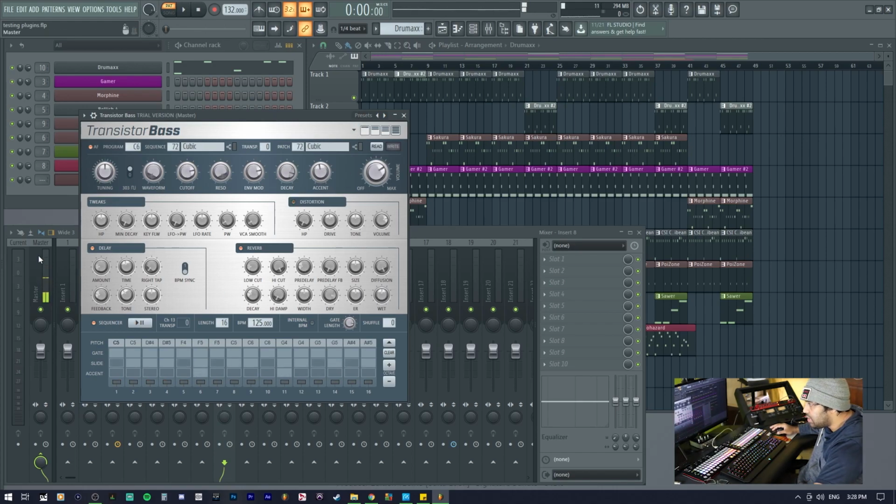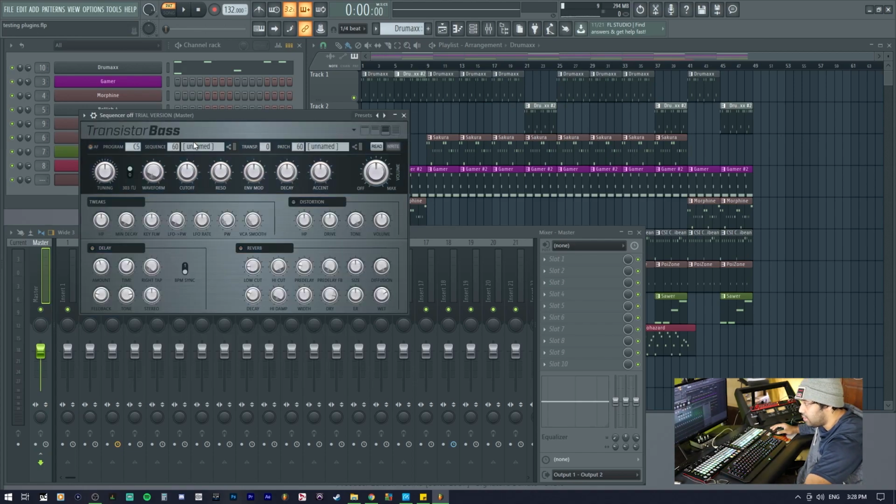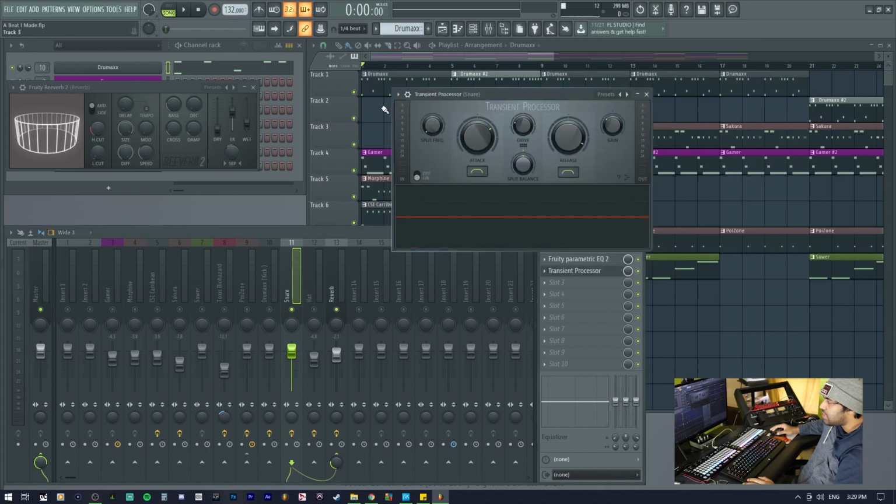That's cool. You have a whole bunch of different sequences that you could create in here. Like, look at all these goddamn sequences. But there are single modes and stuff like that. Sequence or off. This is just the sound itself. But it's a cool bass plugin if you really want to get into creating bass. Oh, here you go. Why is it so slow? Low. What's this button do? Okay, never mind.